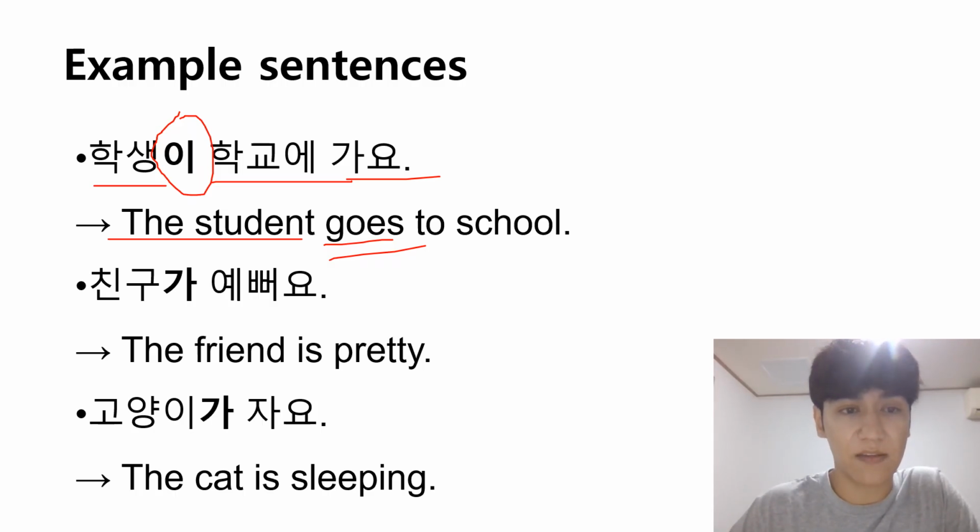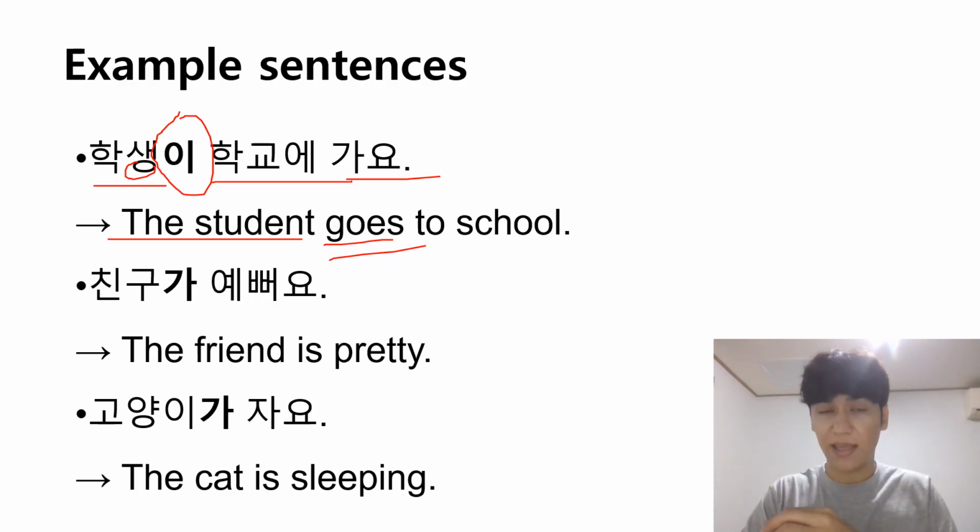So 학생 ends in a consonant, so we say 학생이 학교에 가요. Who goes to school? The student. So 학교에 가요 학생이. You can change the word order. It doesn't